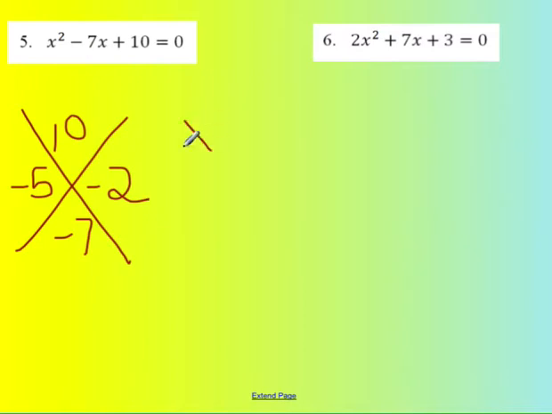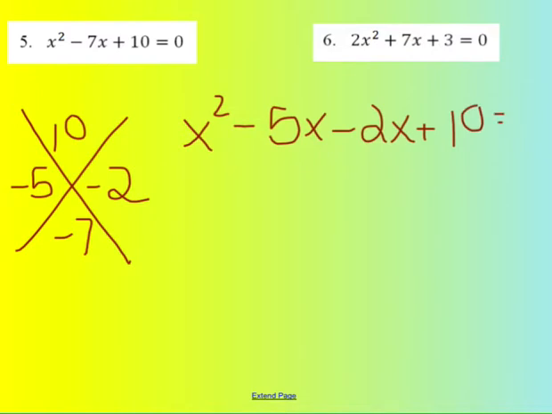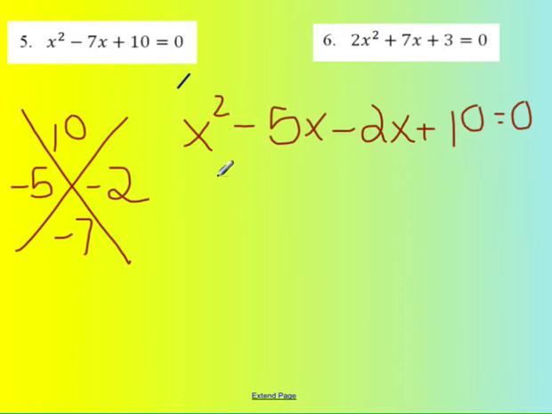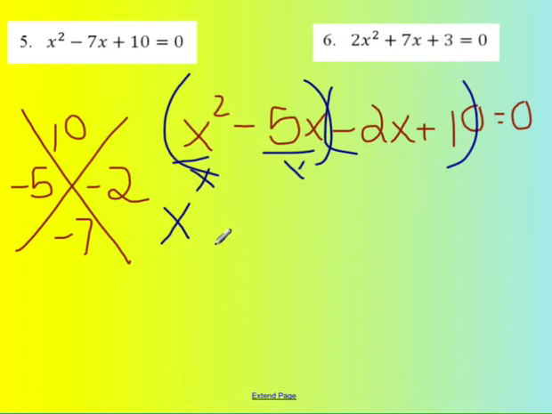So I'm going to split up, and instead of writing 7x, I'm going to write negative 5x minus 2x. And that's going to be set equal to 0. So now I'm ready to factor by grouping. So I'm going to make my two groups. Between x squared and 5x, I can take out an x. So again, I'm dividing each of these terms by x, and then I'm left with x minus 5 in my